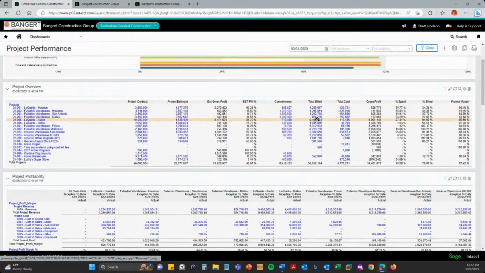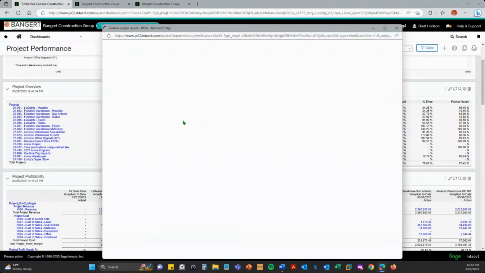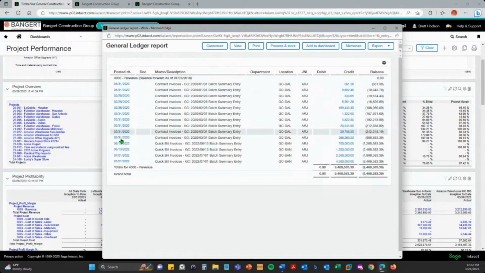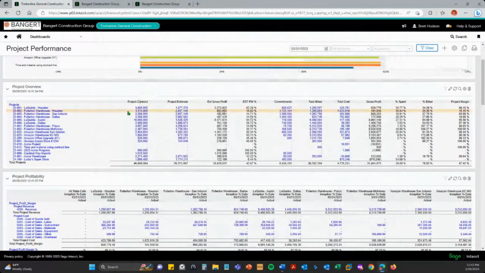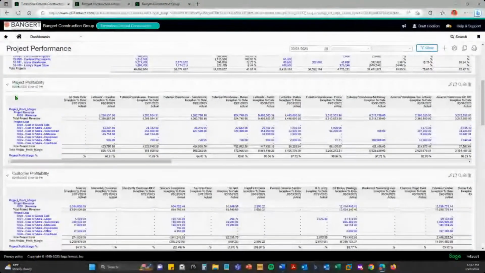If I wanted to drill into these details, like right here, I can see that our billings are a little bit ahead of our costs. I could click into that and see all of the billings that we've submitted and review those. It looks like we might have submitted two billings in July, so we need to go back and double check that. As we scroll down the screen, you can see that the system is very oriented towards P&Ls